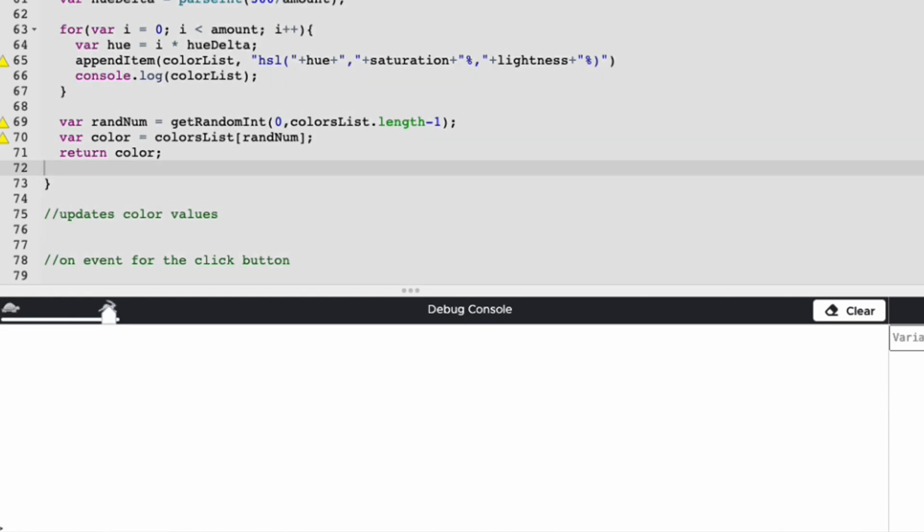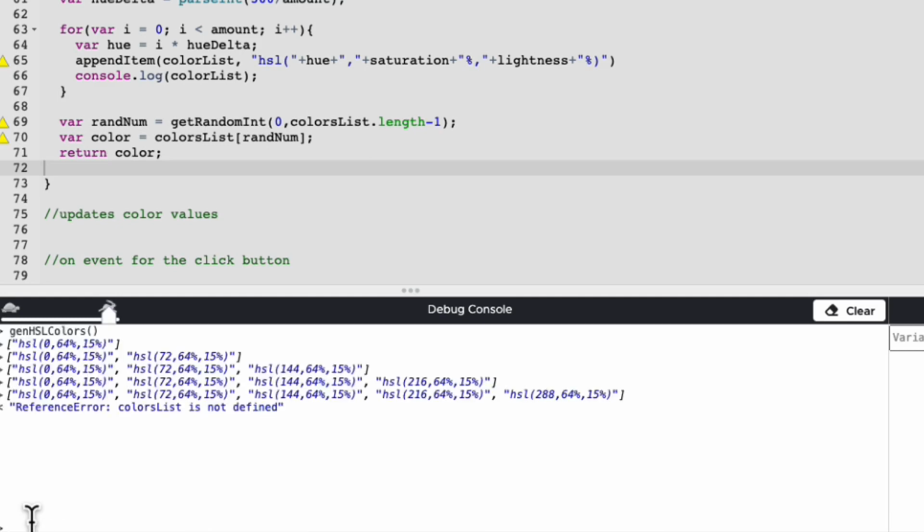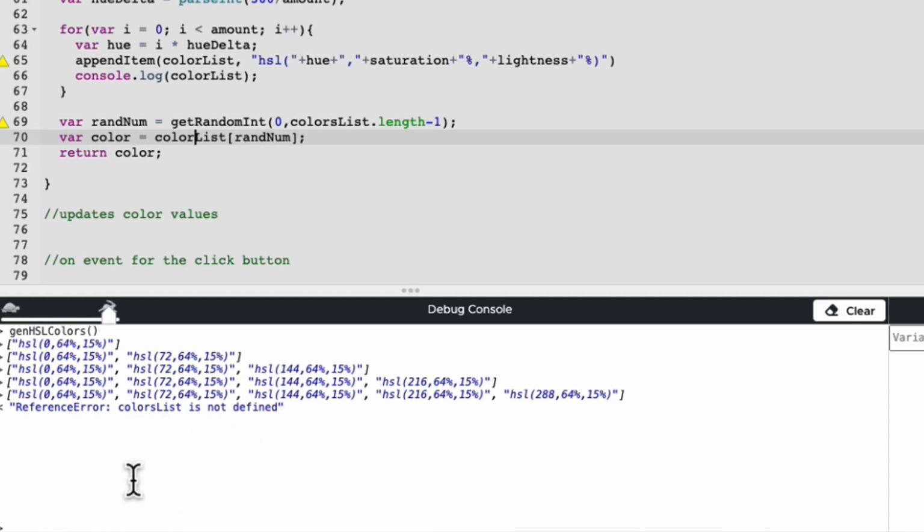Now here I'm going to go ahead and hit reset. I'm going to go ahead and hit run. And I can just call my genHSLColors. It should return a valid HSL color. See what it does. Oops. What did I call it? Oh, I called it color list. All right, again, typo. Bad, Trishy. All right, but hey,